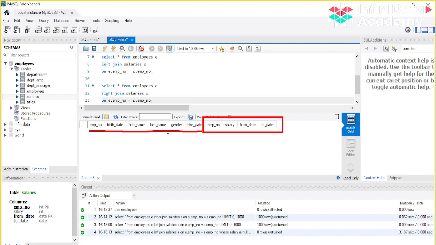So no record will be missed in case of full outer join, and all of those records will be present, and correspondingly their values